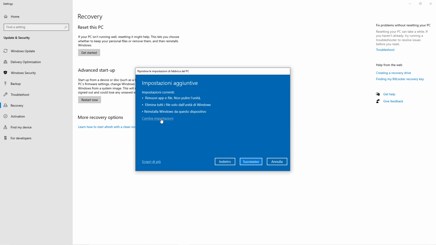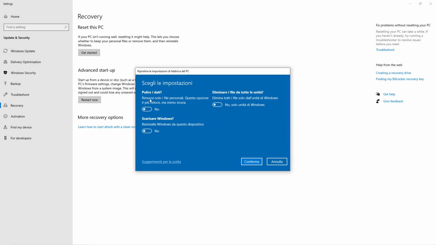So if you click on change option or change settings, the first one is really important. Now the first one is gonna tell you that it's gonna clean everything. If you switch to yes, it's gonna clean everything up. The operation could take a little bit more, but it's gonna be more difficult to retrieve those files that you want to permanently delete. Now another option to do that is to fill your hard disk with many different files,